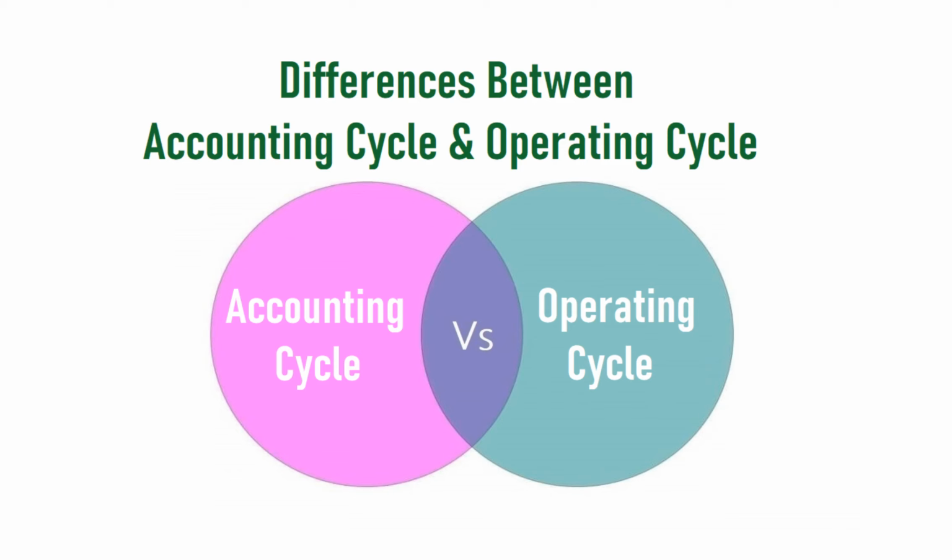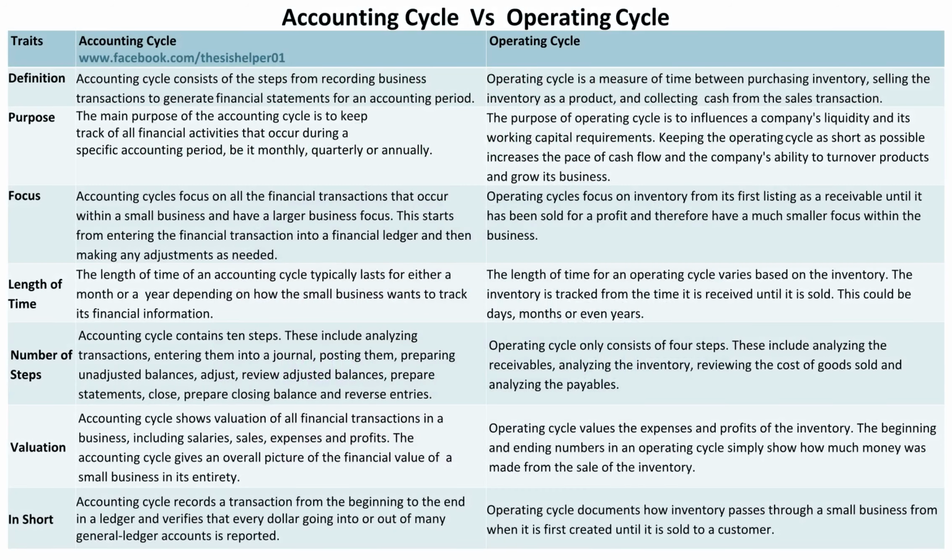Differences between accounting cycle and operating cycle. Accounting cycle versus operating cycle. Accounting cycle consists of the steps from recording business transactions to generate financial statements for an accounting period. Whereas, operating cycle is a measure of time between purchasing inventory, selling the inventory as a product, and collecting cash